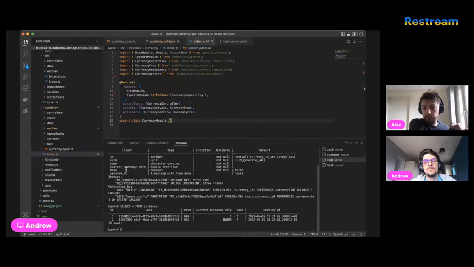We thought we would find some part of the currency model and move it to microservices. But with this approach, we decide that we don't need this connection at all in the application, and that would make our life much easier when we move forward with the microservice.